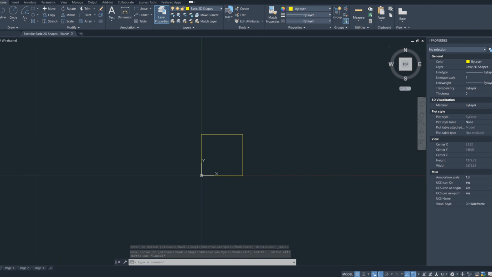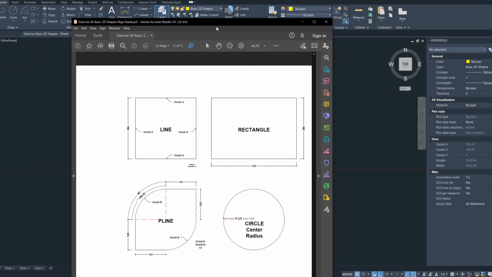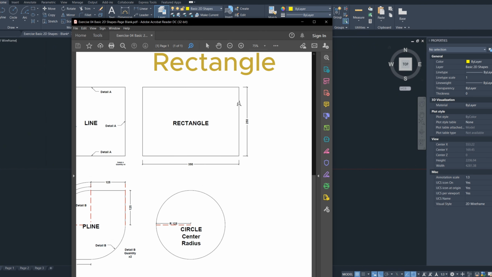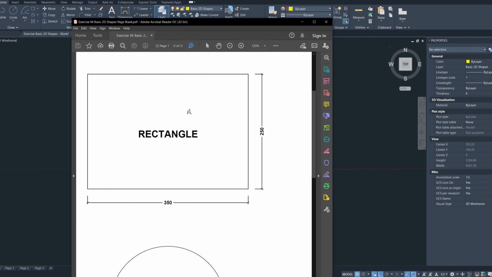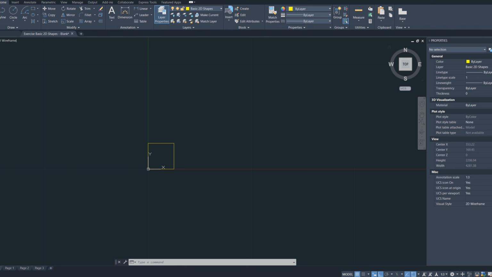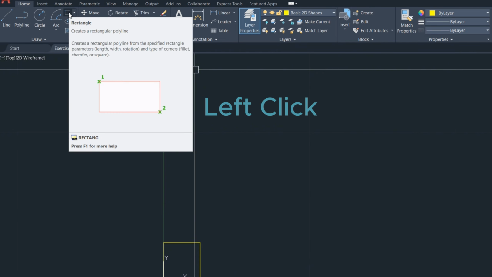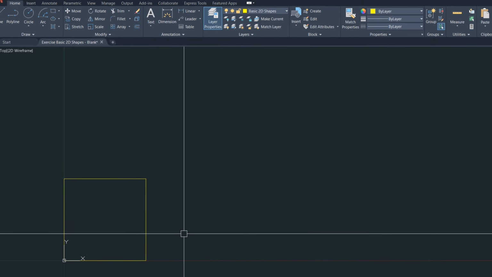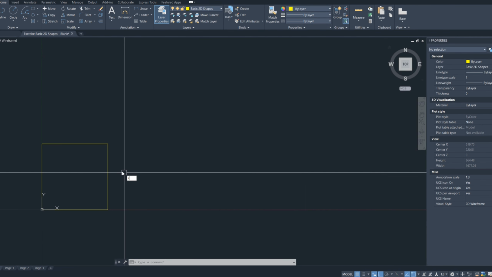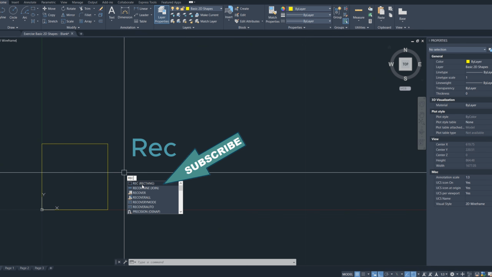So moving on to the next one, which is a rectangle, which is 350 by 250. Going to go to my Home tab above here, and as you can see, you have the rectangle button here that allows you to create a rectangle, or alternatively you can type REC on your keyboard and select the rectangle option here,